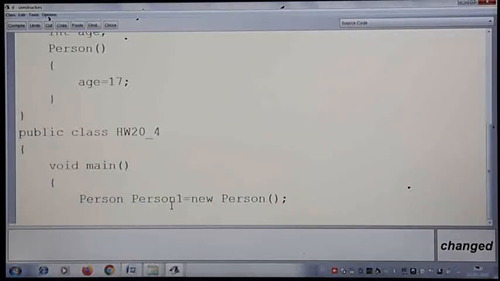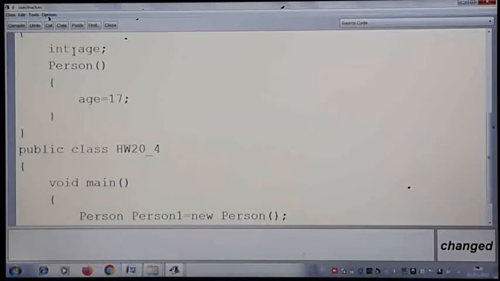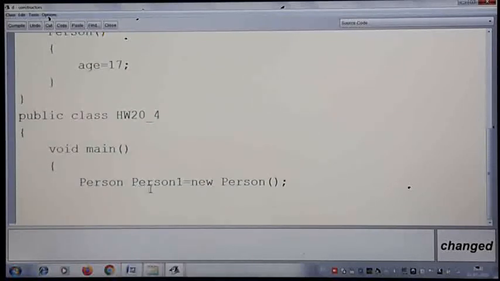So we created the object. Now we have to increase the age. We don't have any other method to increase it here, so we only have to access it. Now being in the other class, how do you access the data member? Through the object. Now I have to write person1.age is equal to, or you can write the short form, plus equal to 1. So we increase the age by 1. Now we have to display: System.out.println, increased age.